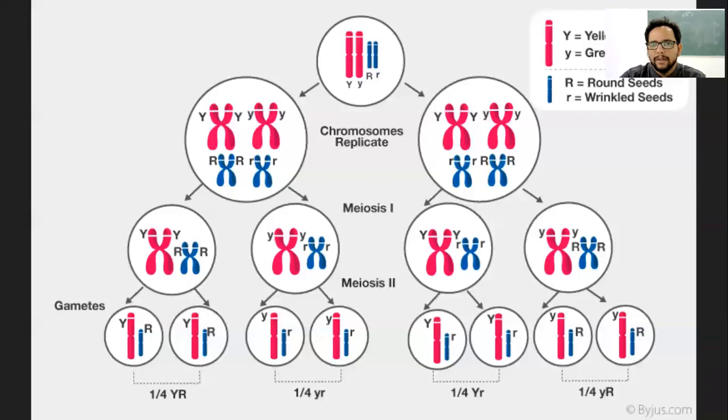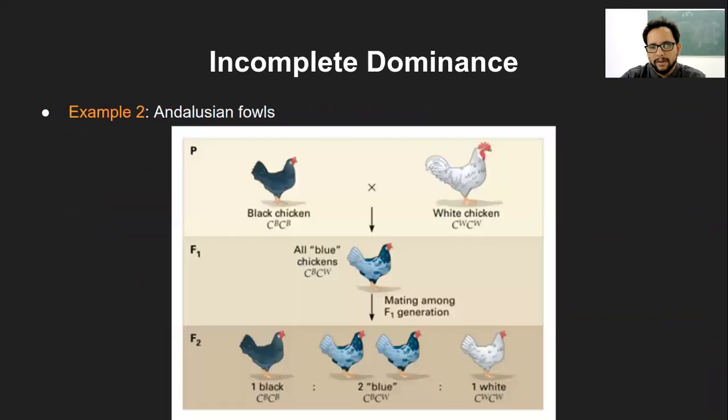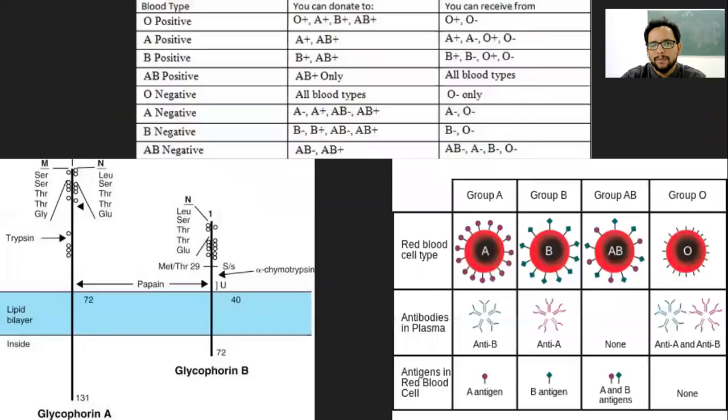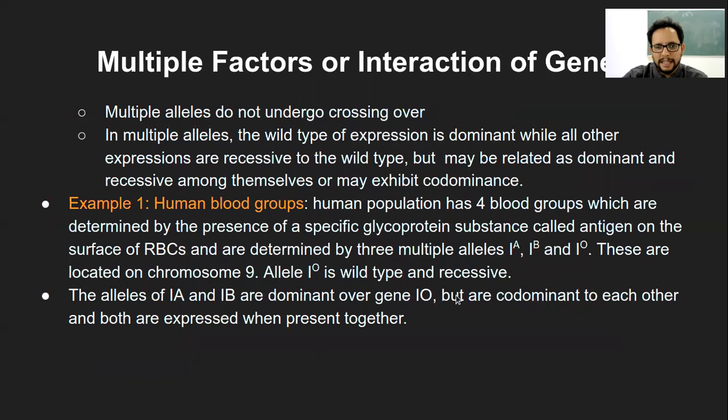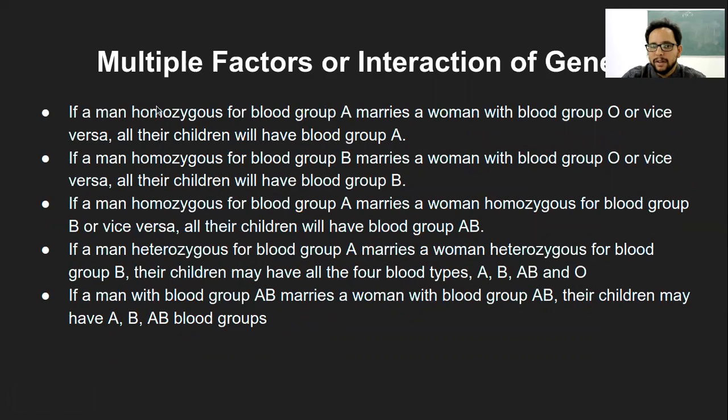Where are we? Quite far. Incomplete codominance. Okay, yeah. So then these characteristics, and then we had also looked at the human blood group example. Now, based on the possible combinations of how this multiple allele system functions, I deliberately did not keep a diagram of the Punnett square for this, but it is very simple to understand.